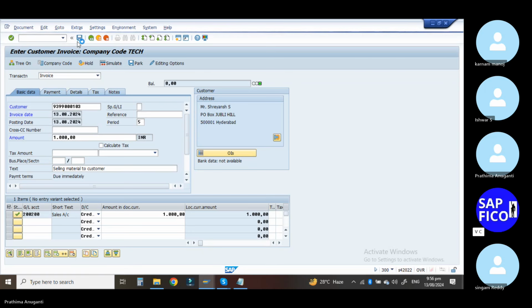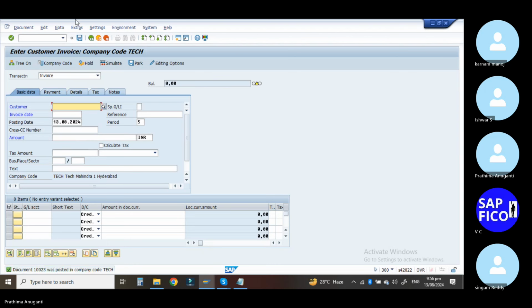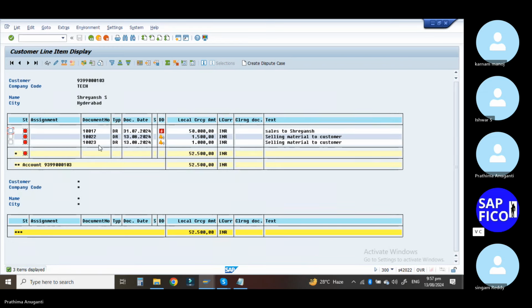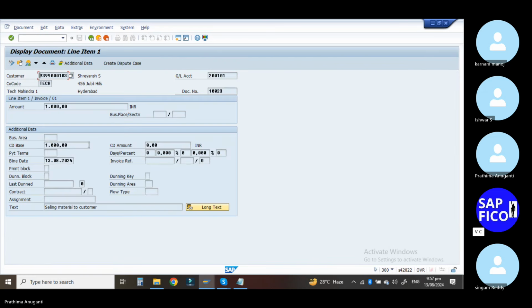Now go to the transaction code FBL5N. Yeah, go to the execute option. Now double click on this 10023. Now go to the document, call up document,